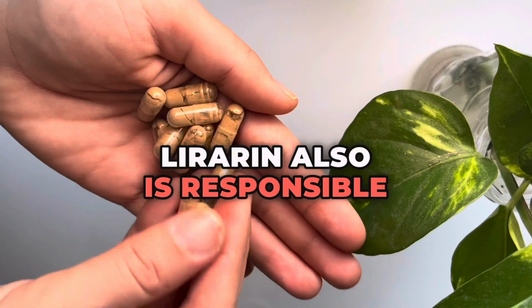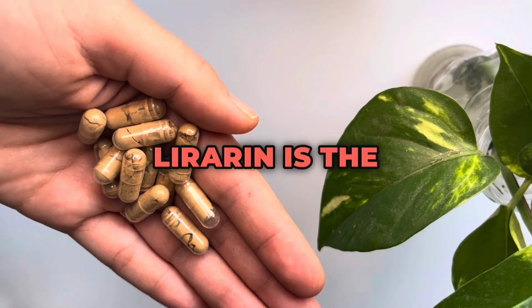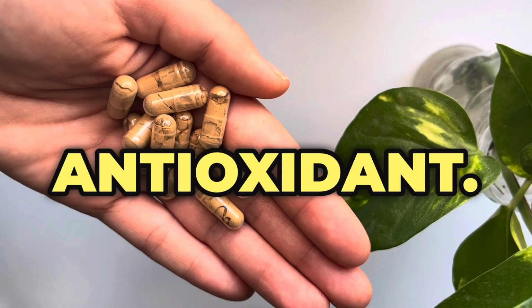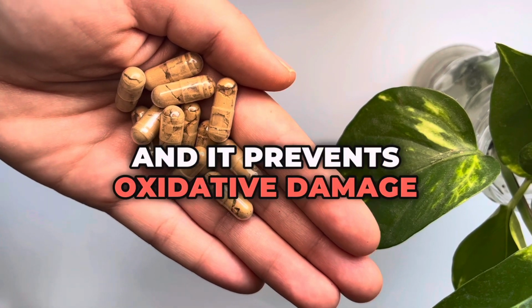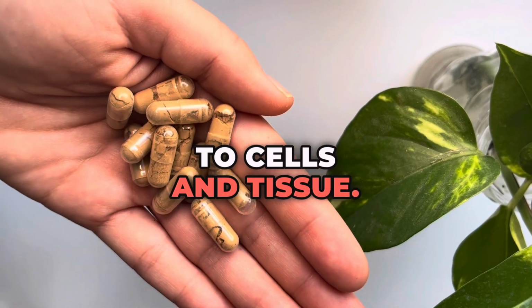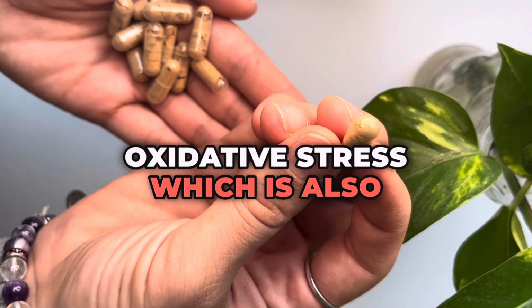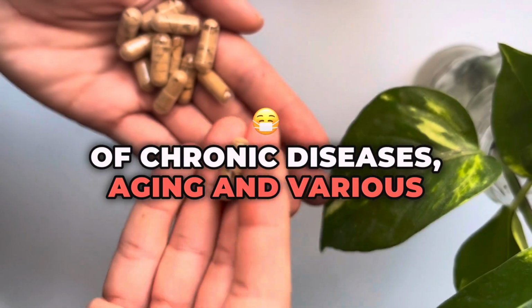Silymarin also is responsible for its antioxidant properties in milk thistle. Silymarin is the active compound found in milk thistle. It acts as a potent antioxidant. It scavenges free radicals, and it prevents oxidative damage to cells and tissue. Antioxidants help to combat oxidative stress, which is also implicated in the development of chronic diseases, aging, and various health